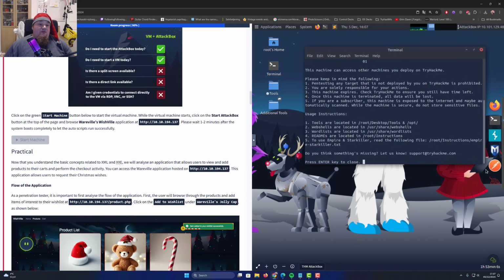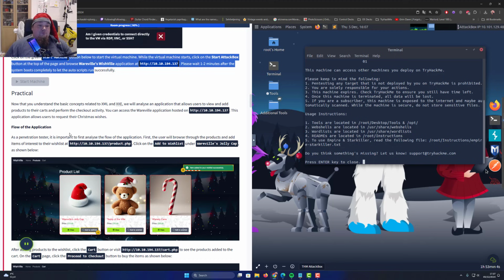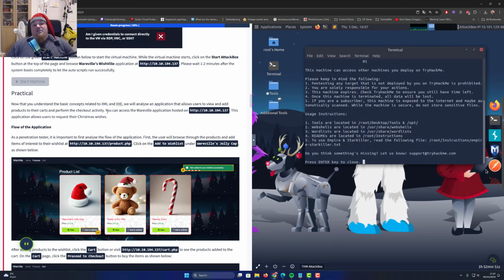We are connected, we started the machine, and now the practical part. So now we understand the basic concept of XML and XXE. We will analyze an application that allows users to view and add products to their cart and perform the checkout activity. We can access the Wareville application hosted at